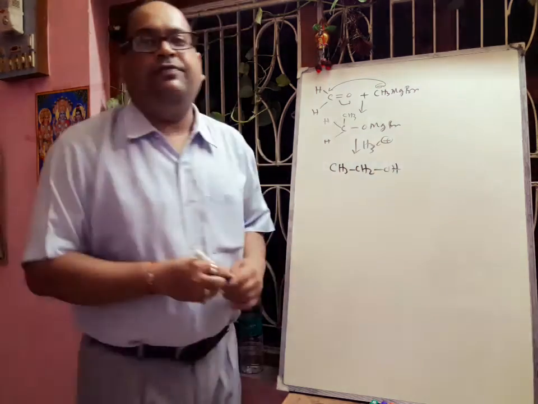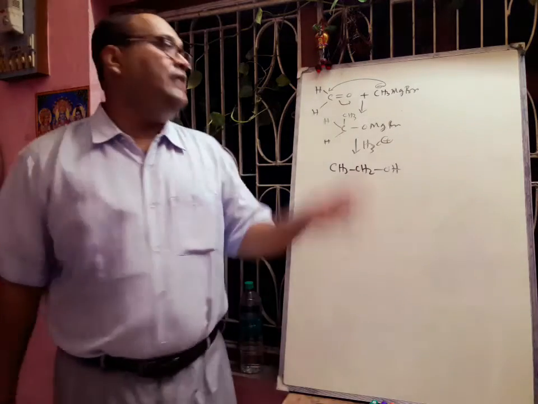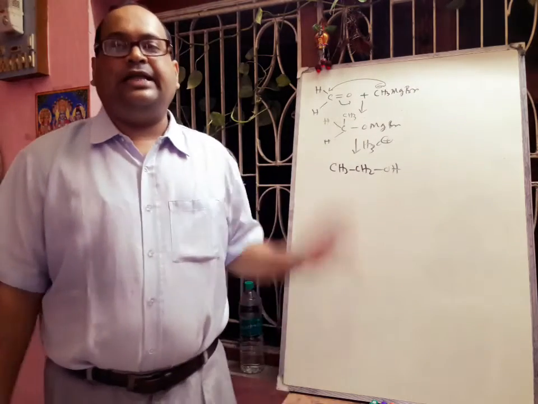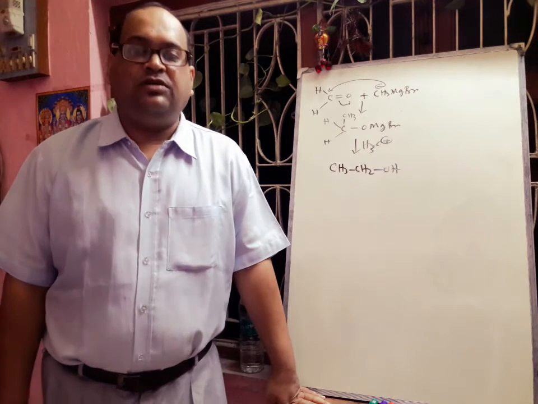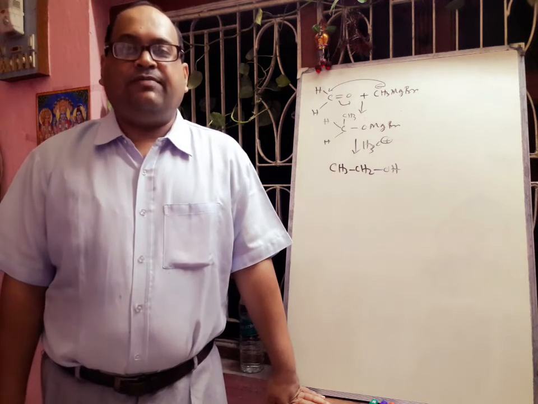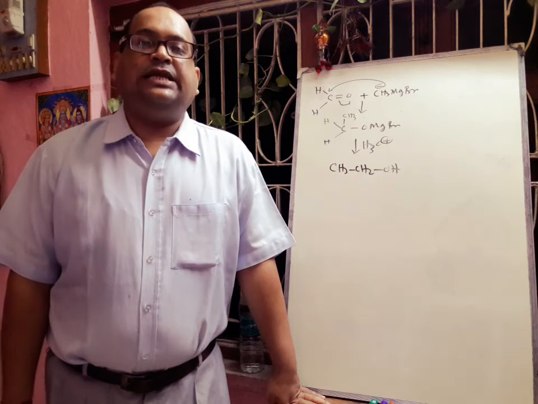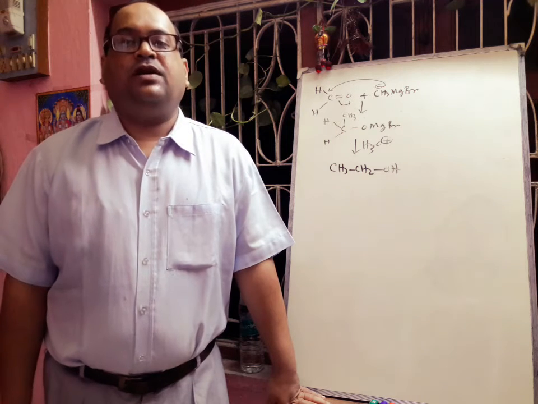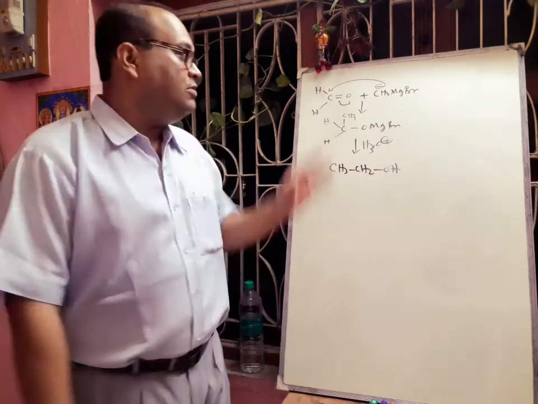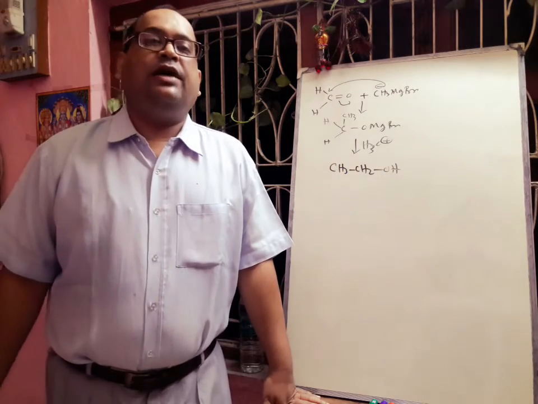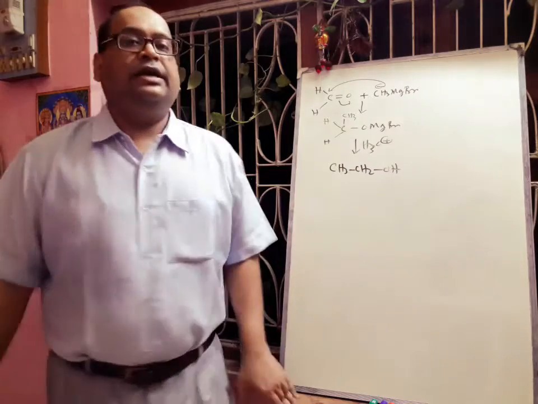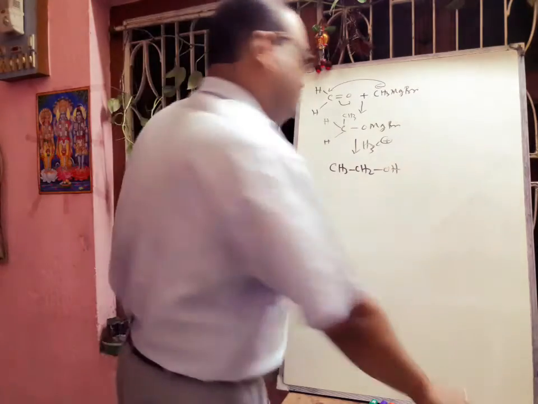But if we take acetaldehyde, add this Grignard reagent and then add acid, there will be formation of a secondary alcohol. And if we take acetone, add methyl magnesium bromide and give H+ and H2O, definitely there will be formation of a tertiary alcohol. The mechanism was already discussed here. Hope all of you can understand. We have already discussed this part in your alcohol chapter.